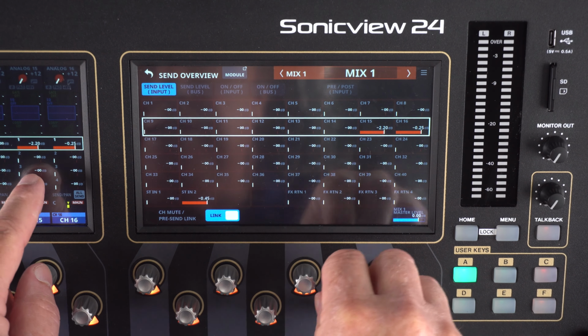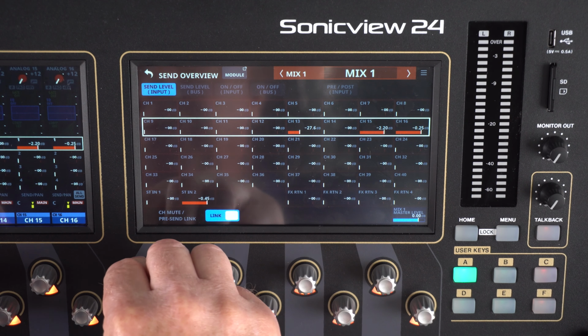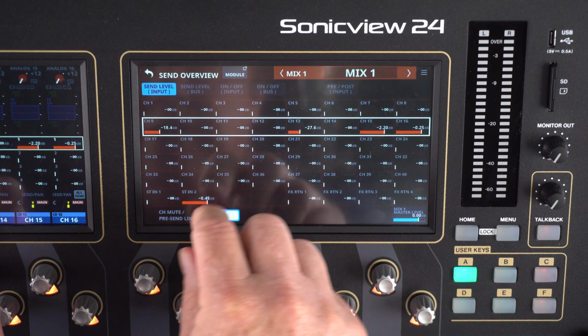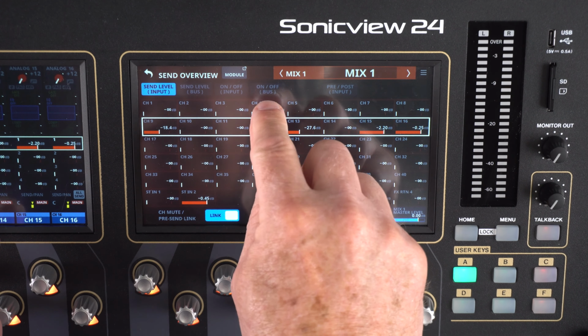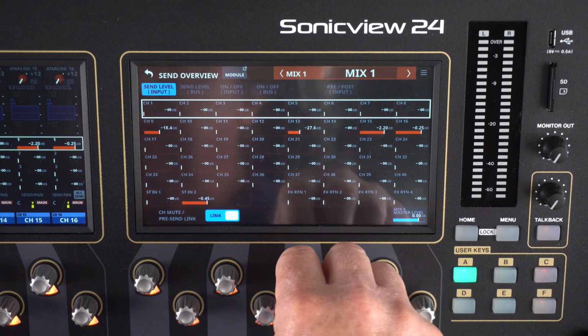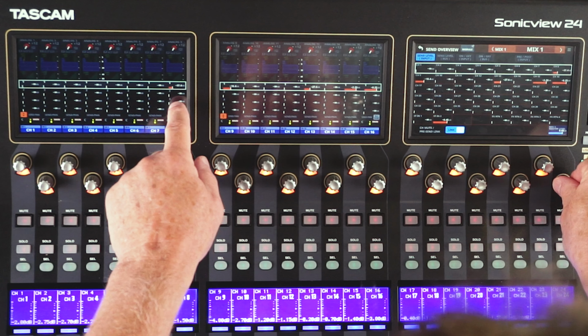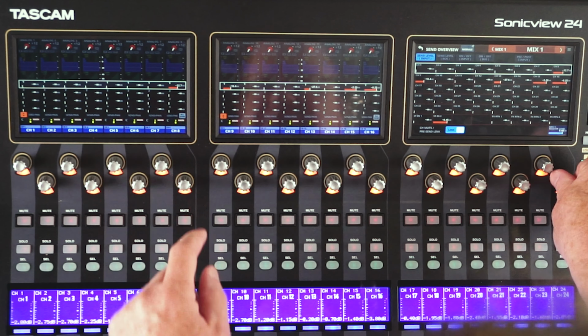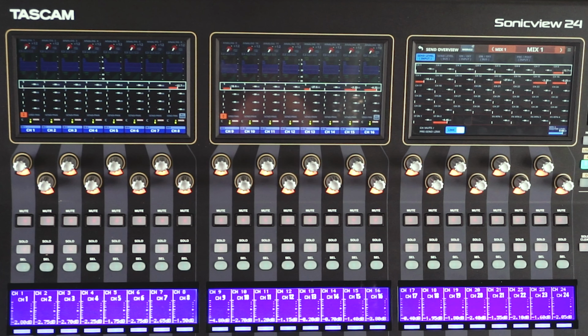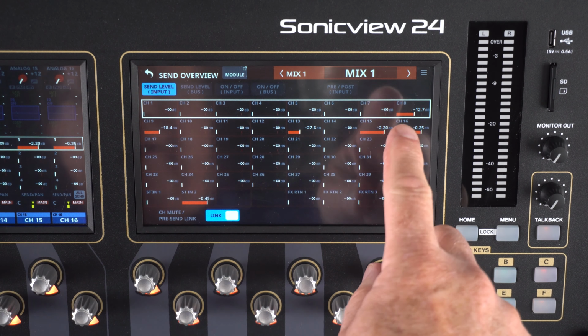Same here, 15, and so on and so forth. If I choose 1 through 8, then let's go to 8. You can see that reflects that as well. So that's how to quickly do individual channels to mix 1.